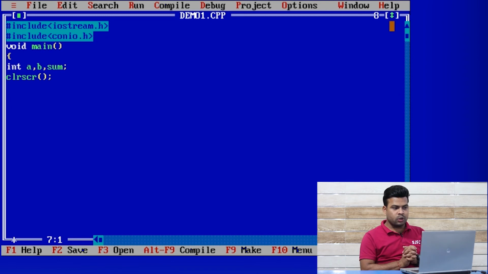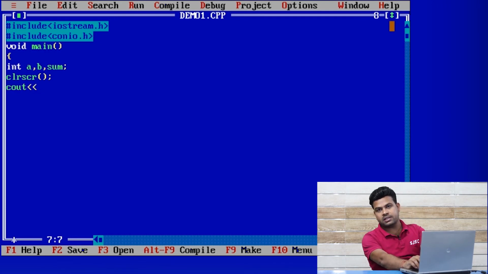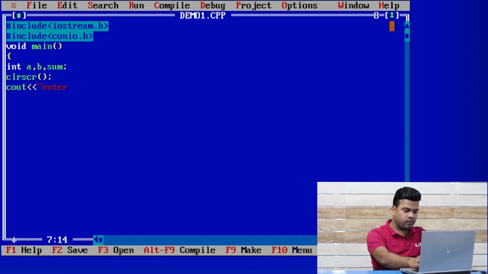Here you have to use the cout function. To display a message you have to write the cout function. So now I am giving a message, enter first value.